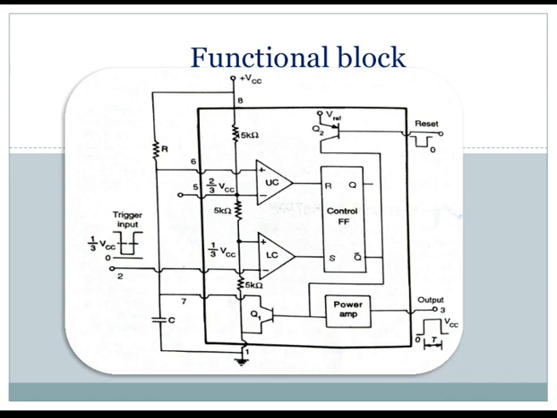After a time period T, the capacitor voltage is just greater than 2/3 of VCC, which means the upper comparator goes to the reset state. It will produce a high output. Under the high output of the upper comparator, reset is going to be 1 and set is going to be 0. So the output of the flip-flop Q is going to be 0 and Q prime goes to 1, which means the transistor Q1 goes to the on condition.